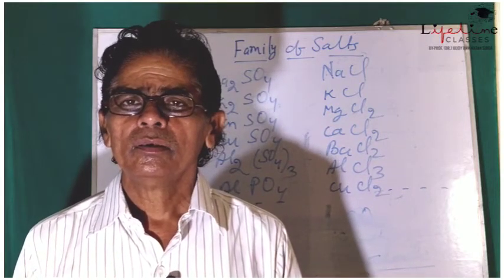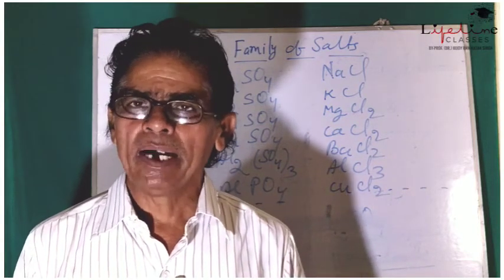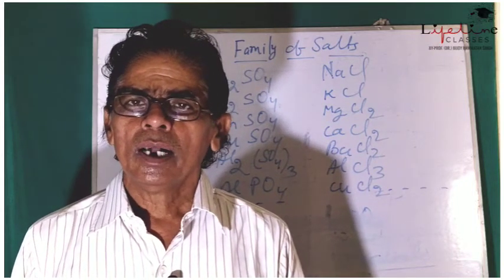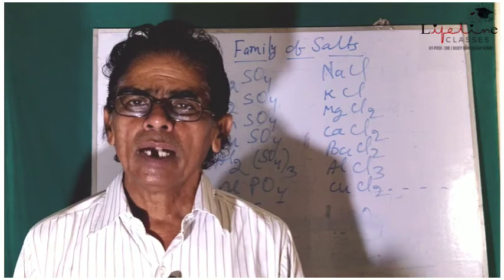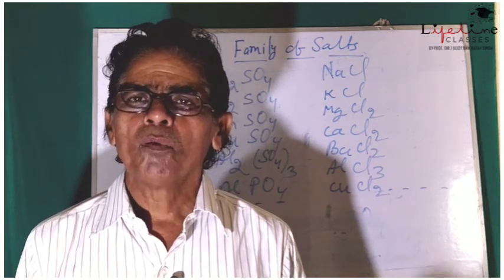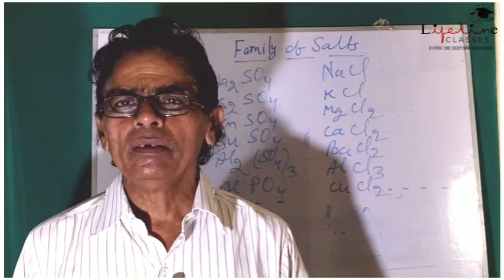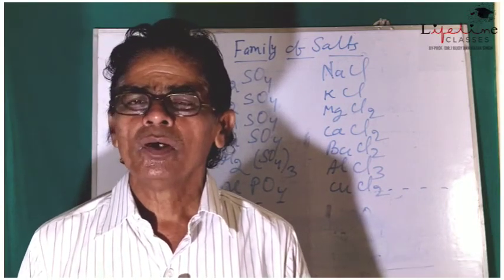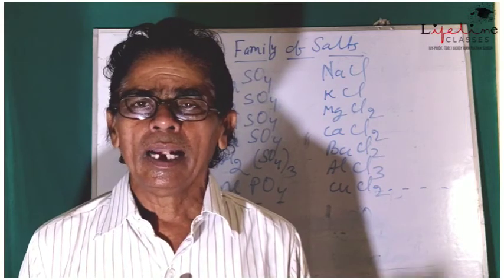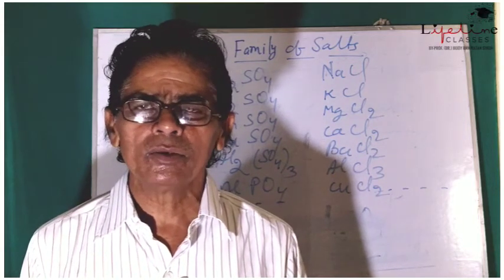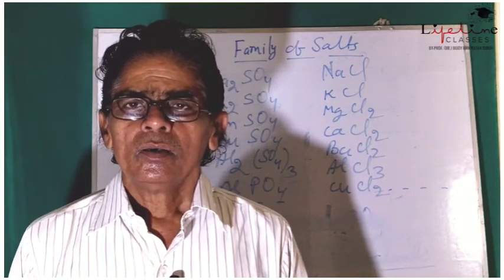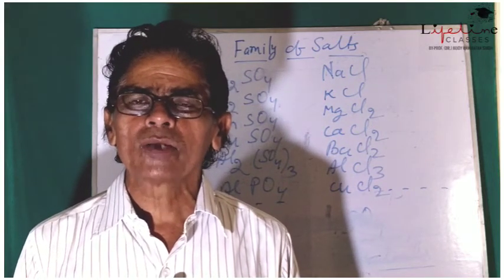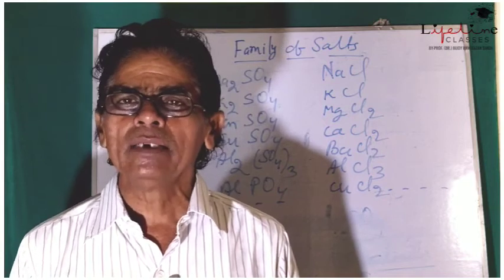But how has this happened? When acetic acid gets ionized, it forms an equilibrium between the ionized and unionized molecules. But in case of NaOH, no equilibrium is established. So at any instant of time, the concentration of OH minus ions is greater than H plus ions,